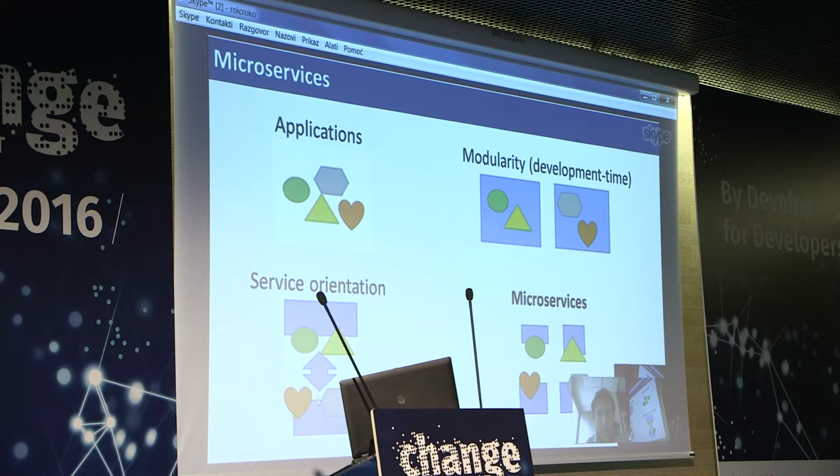Then we have the communication between the services, which has been defined by the service orientation, SOA, service-oriented architecture. And finally, we have microservices, which make services independent building blocks of an application.